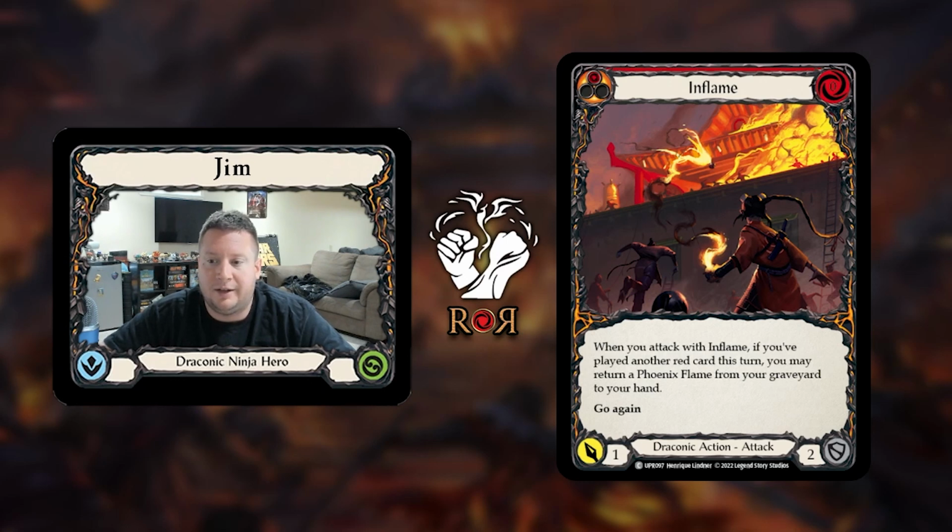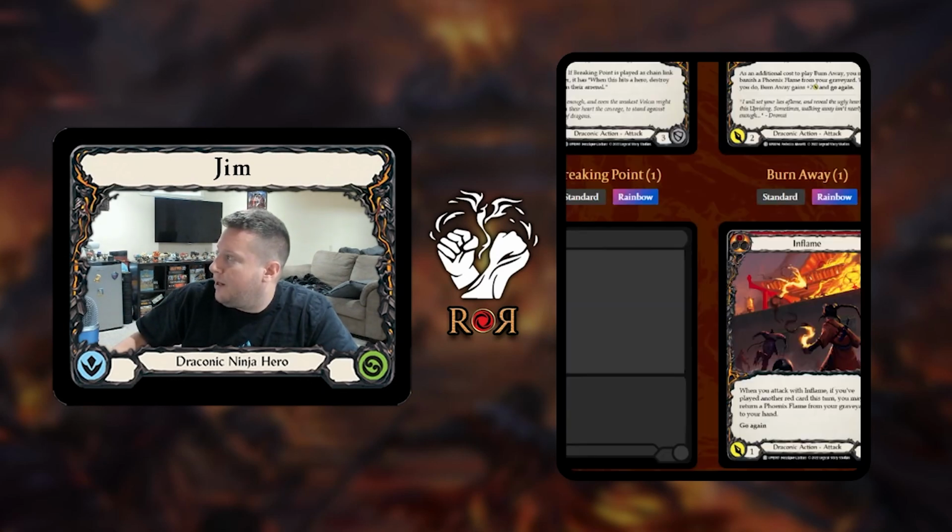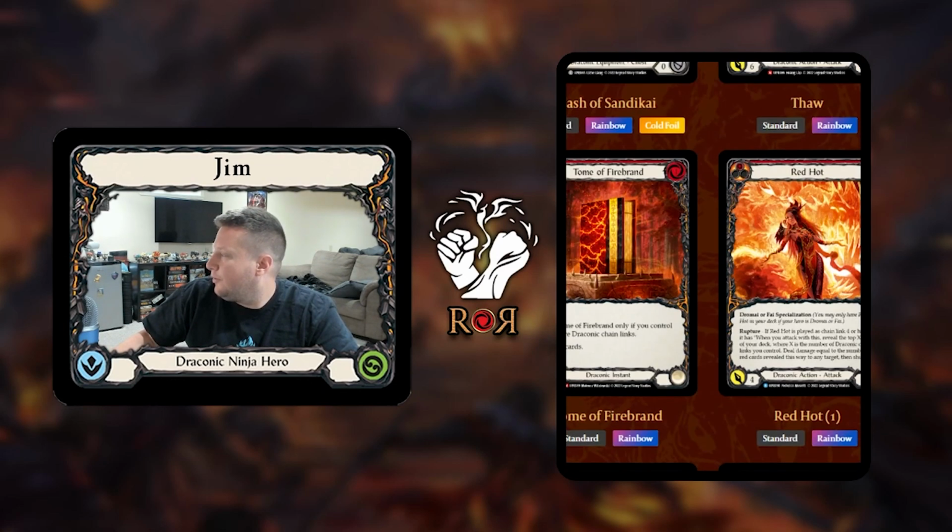And it's kind of an annoying poke, like a Kodachi. Nobody wants to block this, and they'd rather save their equipment or save a card in their hand, which would then hopefully advance our Mask of Momentum, getting our 3 hits in a row. So Inflame is great. And then Flame Call Awakening, excuse me,